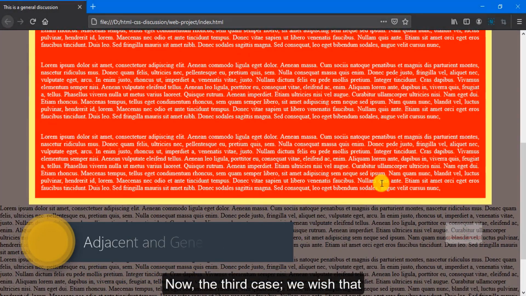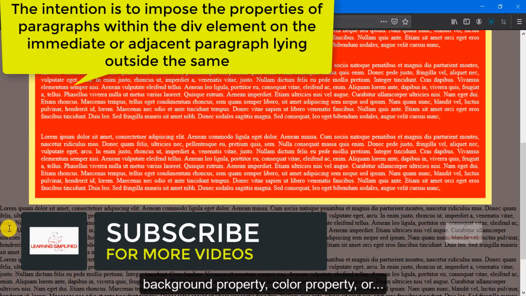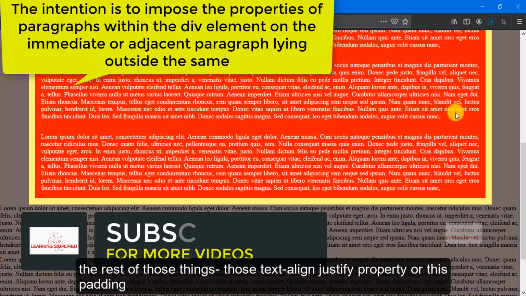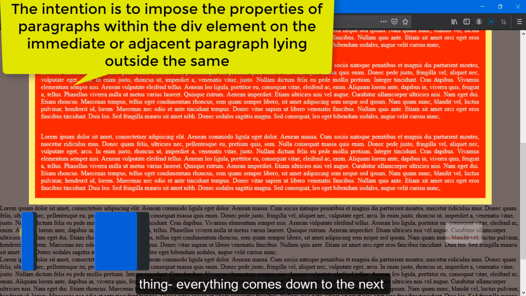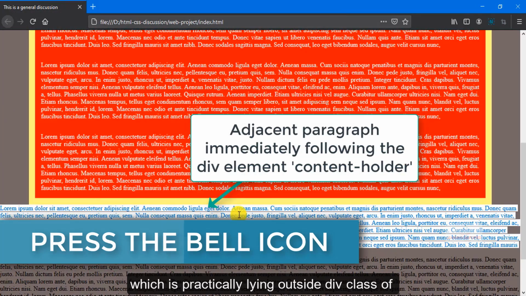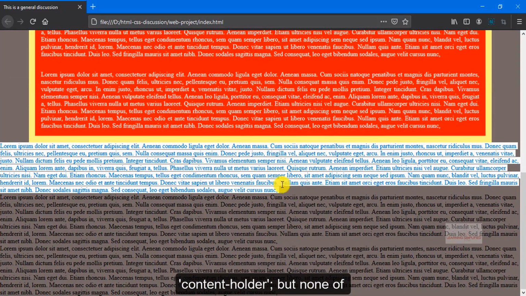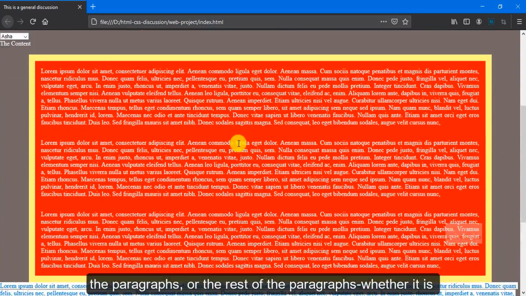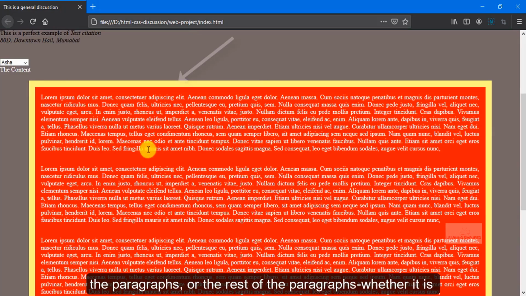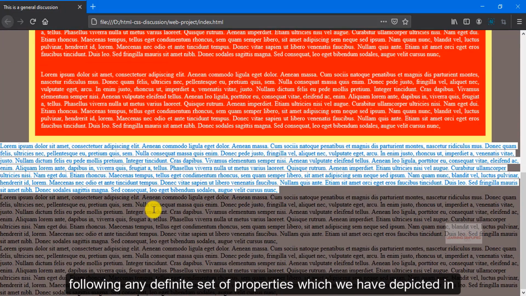Now, the third case. We wish that the background property, color property, text-align justify property, or this padding, everything comes down to the next adjacent paragraph in our document, which is practically lying outside the div class of content holder. None of the paragraphs, whether inside this individual div or outside, will be following any definite set of properties which we had depicted in our